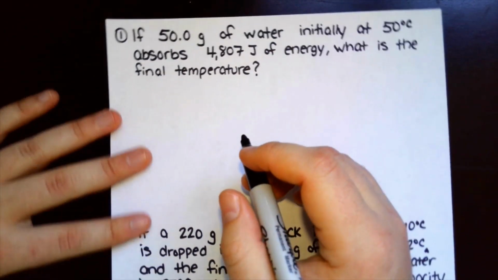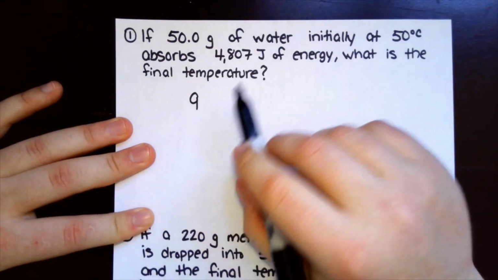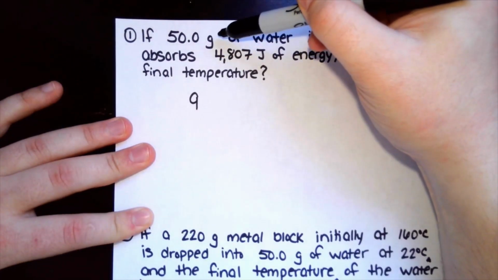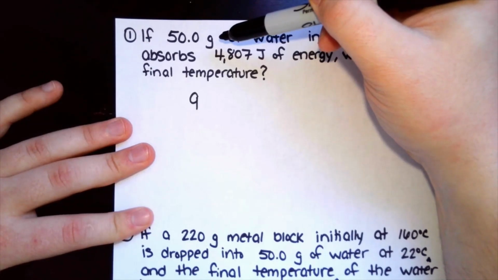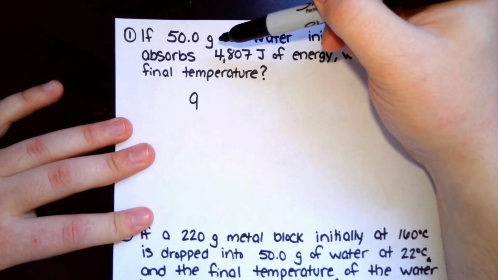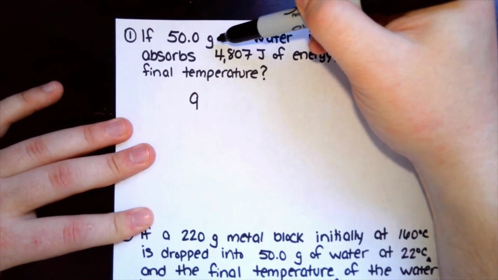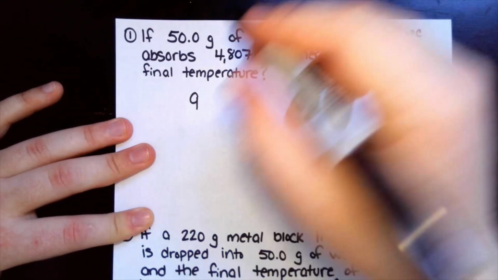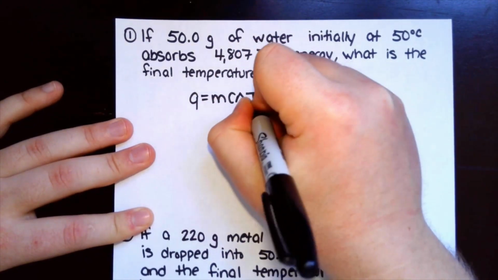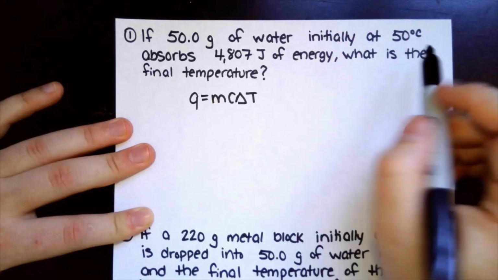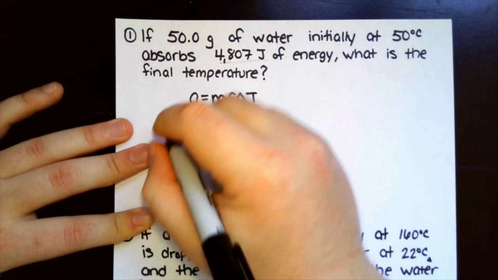So in both ways we have to start with the specific heat capacity, and you know it's a specific heat capacity because it gives you a mass. If it does not give you a mass, or you're not solving for the mass, or if the mass is not involved at all, then you just have the heat capacity. Since we do have a mass, it's a specific heat capacity. So we're going to start with Q equals mc delta T. The energy that it absorbed is right there. So that is our Q,